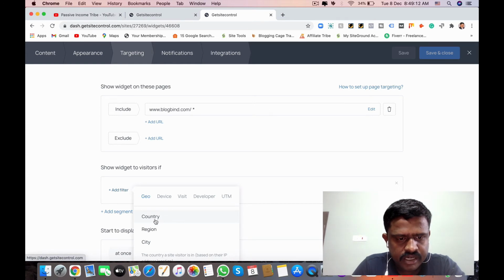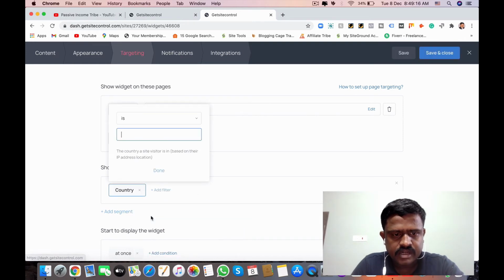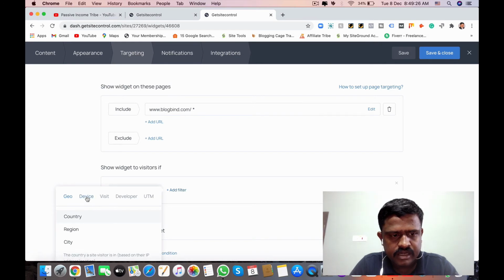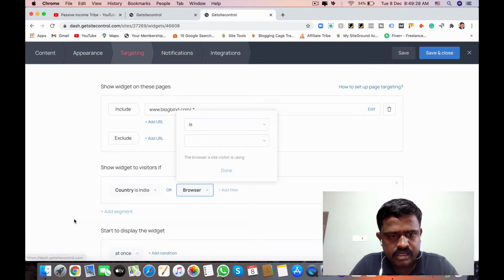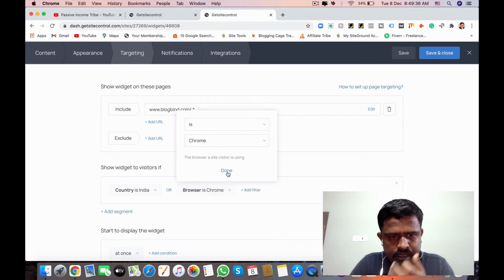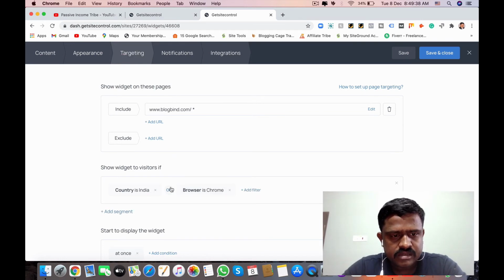So country, we can filter, for example, country India. And add filter, device, browser, Chrome. You can select Chrome here. Done.